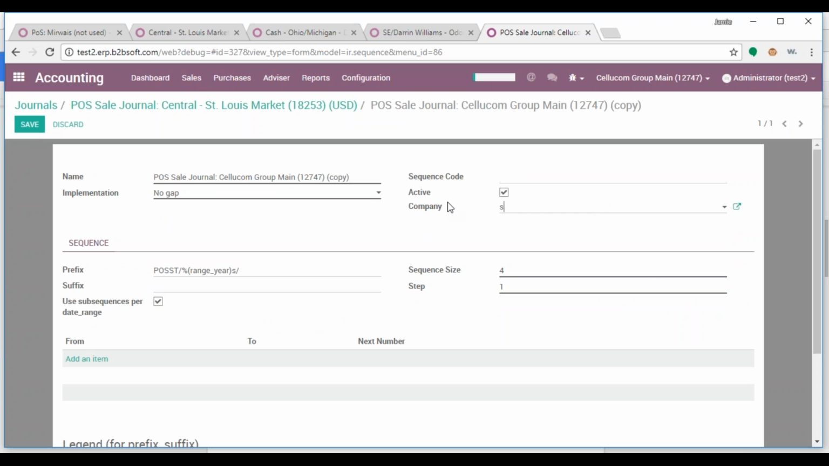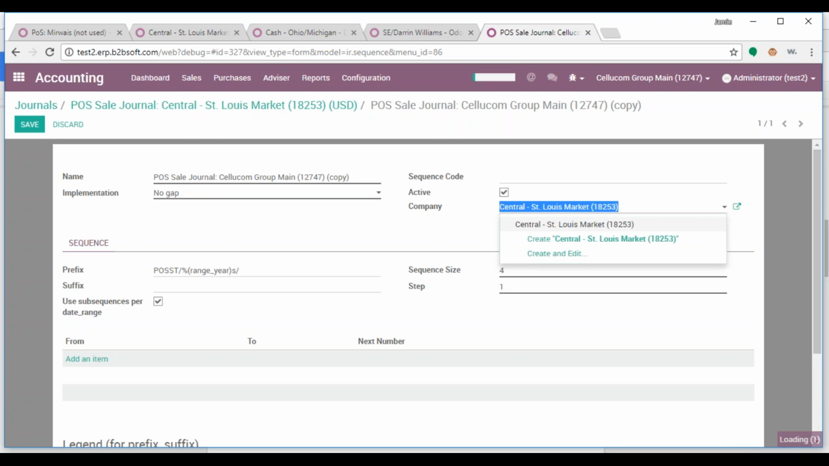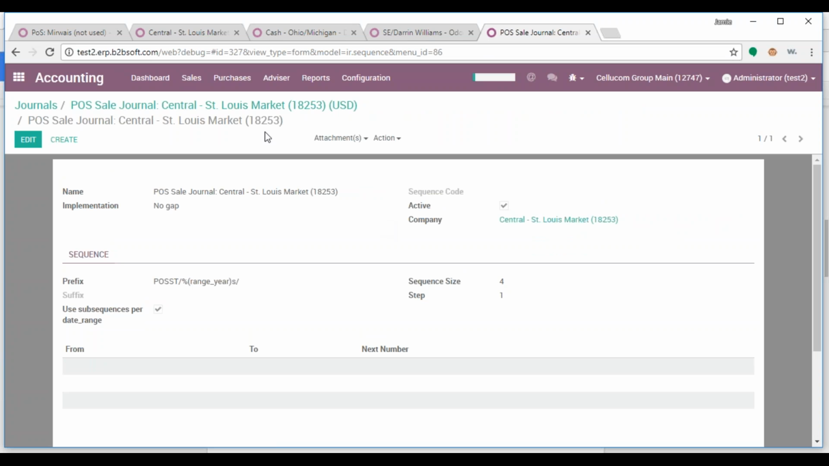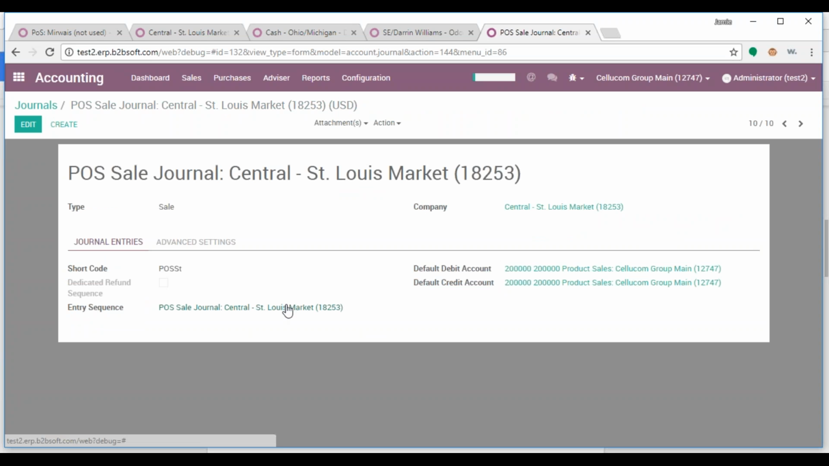edit, Mirwas is part of St. Louis, update the journal name, and hit save. Use my breadcrumbs to go back, and you'll notice that St. Louis,